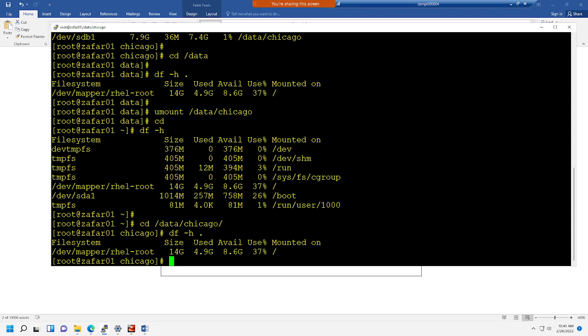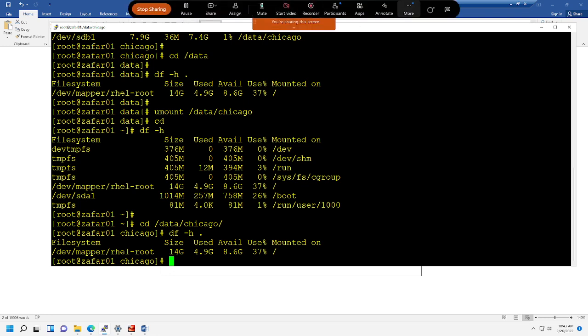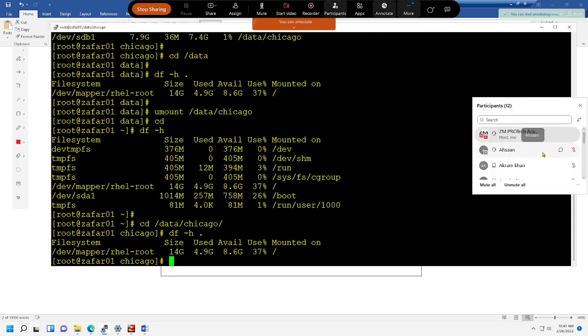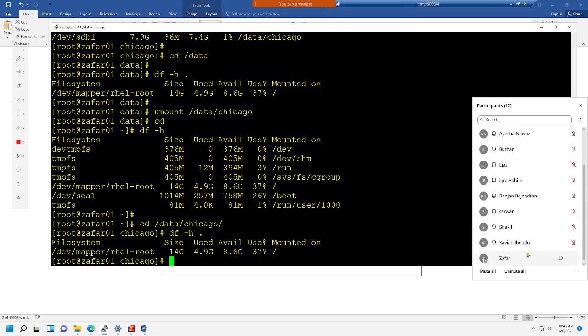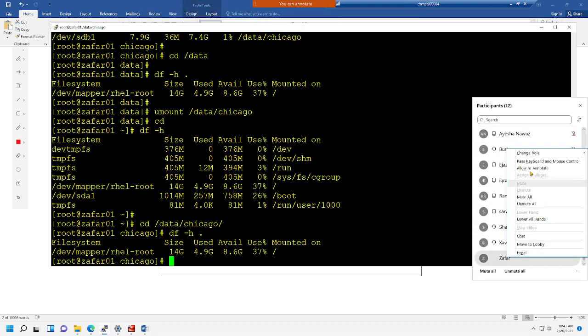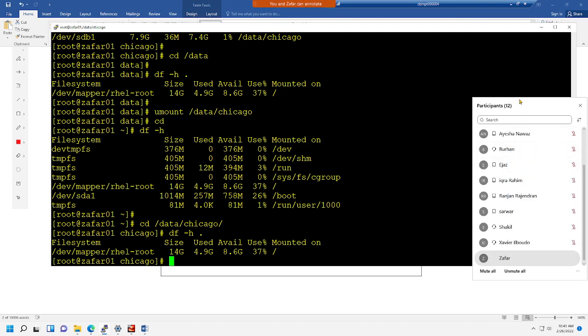What happened here is we removed the hard drive which is underneath there. The root hard drive was underneath the folder /data/Chicago. Since we unmounted it, since we removed it, what happened was